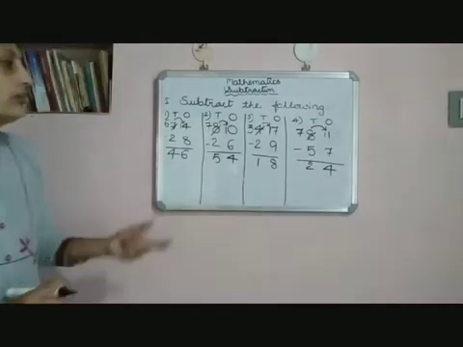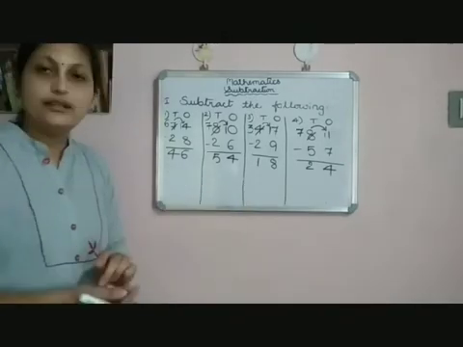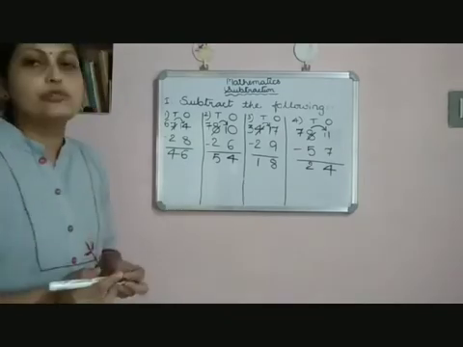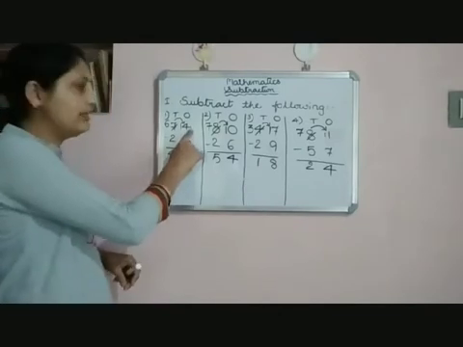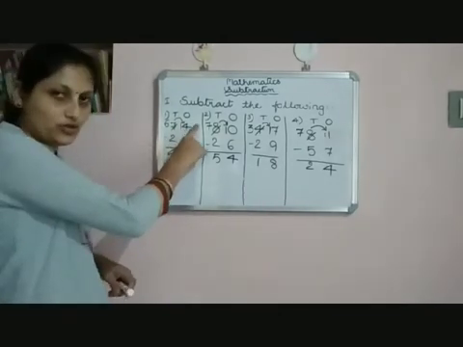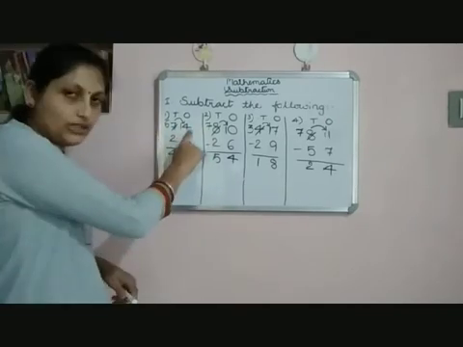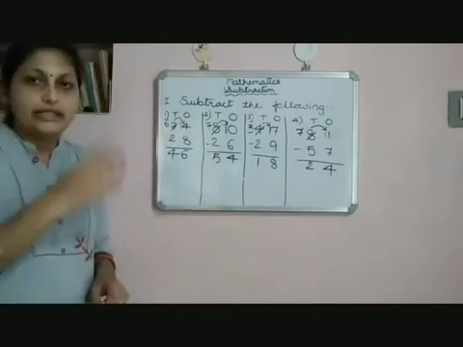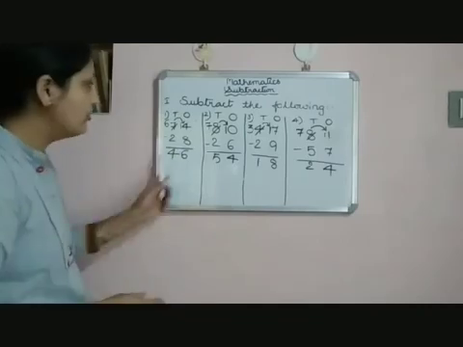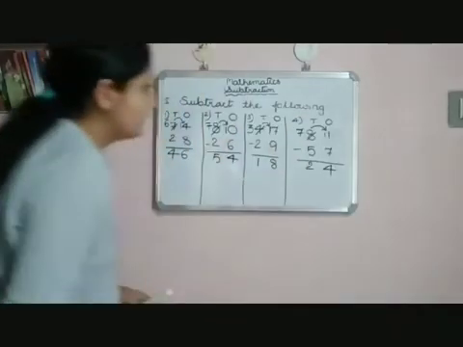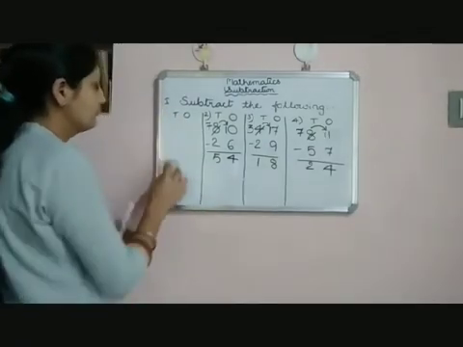So this is how you have to subtract 2-digit numbers by taking borrow. So where do you have to take borrow? Only when you have a smaller number in the ones column. If the first number has a smaller digit in the ones column, then you have to take borrow. But if you have a greater number in the ones column, then no need to take borrow. Clear? So let us solve another 4 sums. First one.